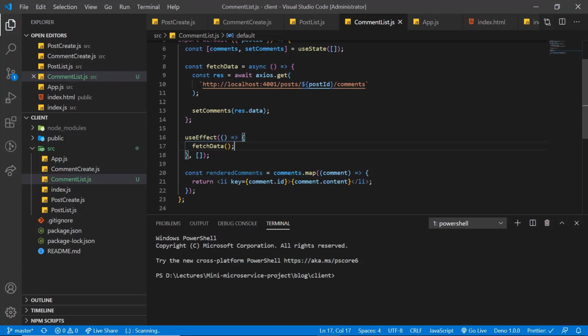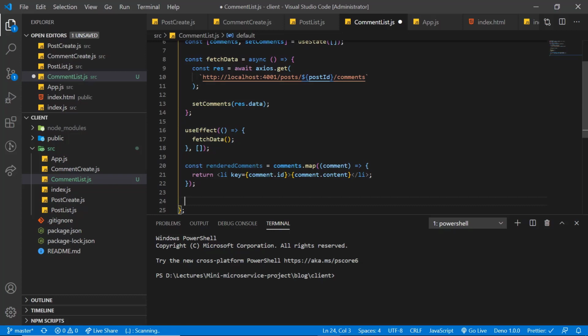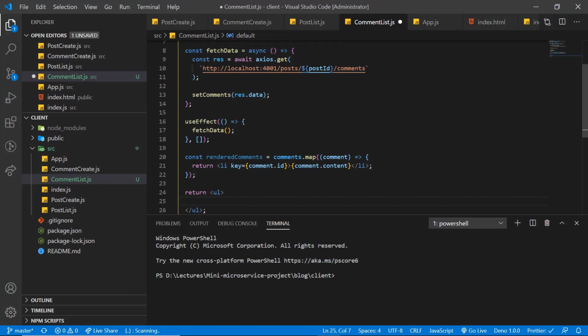Save this. At the bottom of this component I am finally going to return a ul here. And inside this ul I am going to write down this constant that I created right now. Save this.